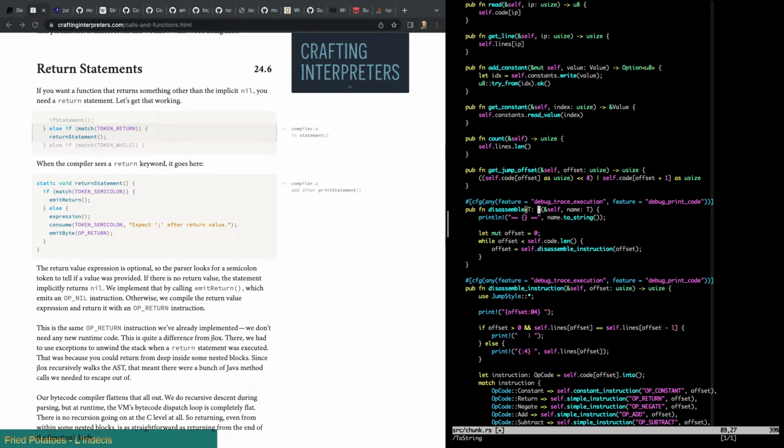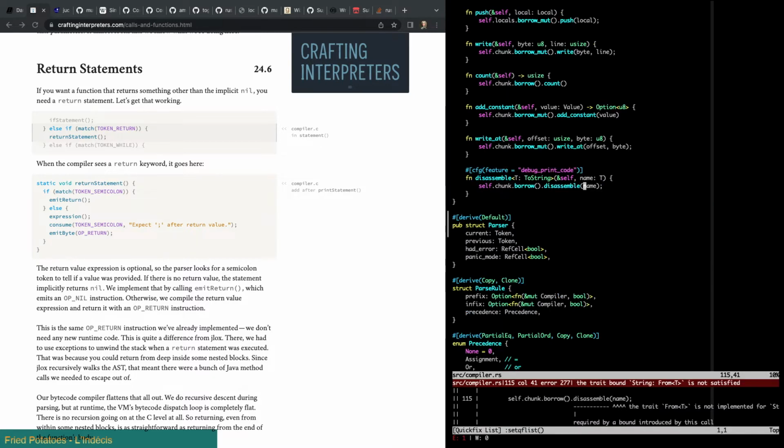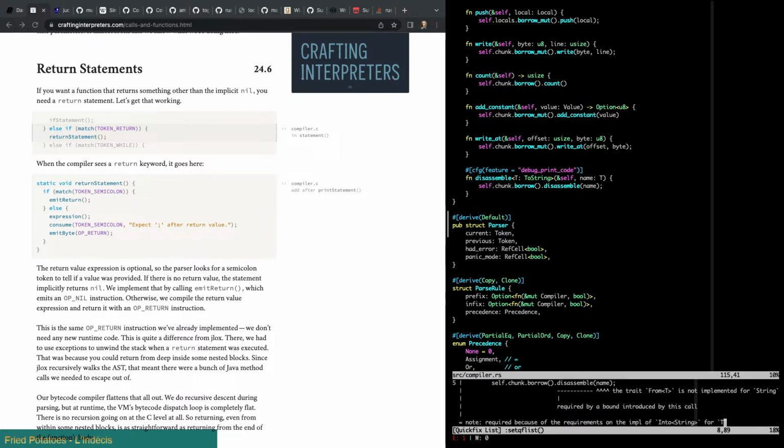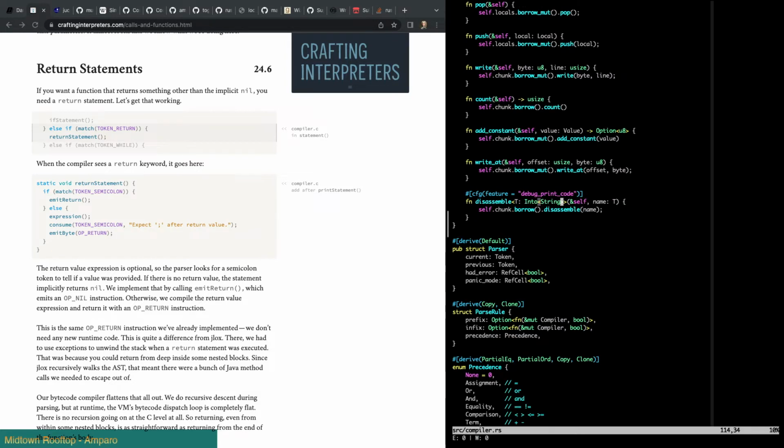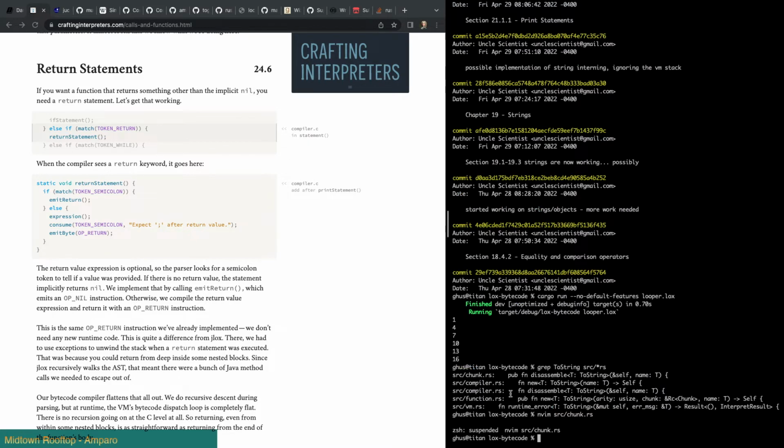So I'm going to try doing that here. If I change this to into string like that, then I can just say into here, and everything should still work. And it doesn't. The trait From is not implemented for String. Oh, so this doesn't work? Okay, so that's different to what I just learned, isn't it? Oh, because this is a toString. This needs to be an into string. Yeah, see? Okay. So we should be able to replace all the toStrings with that.